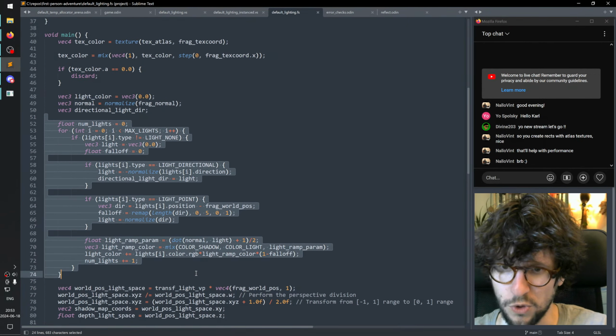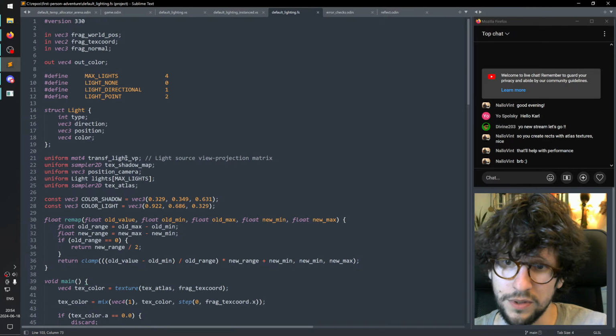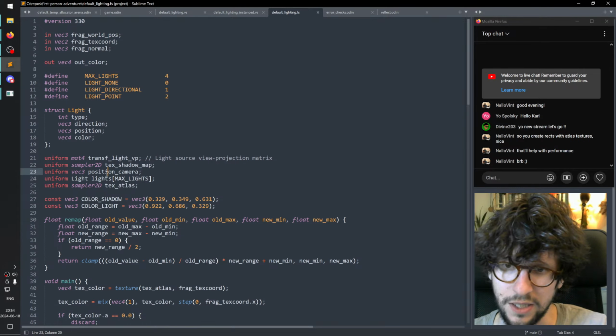Now, some of these things like the camera position and the lights used to come in... what's a good example? If we look at the atlas here, for example, the texture and this camera position, they came in via Raylib's